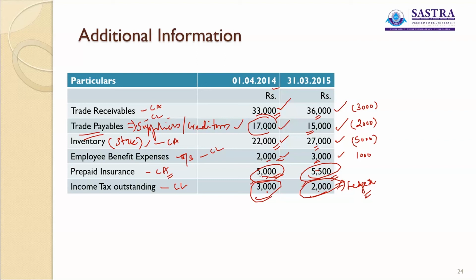If it is increasing, that means your cash is locked. You are paying more. Your operating cash will be less. So 500 is to be taken as a less item. Do you get my point? Why is it taken as such? So how would this impact cash? Whenever there is an increase in a current asset, it would reduce your cash position. So it is to be taken as a less item.